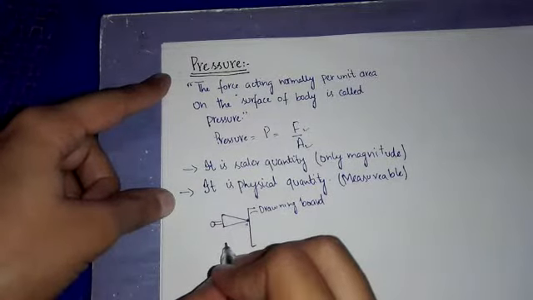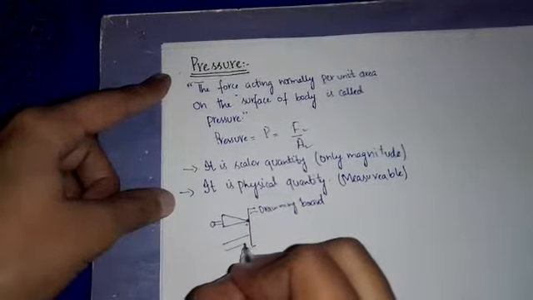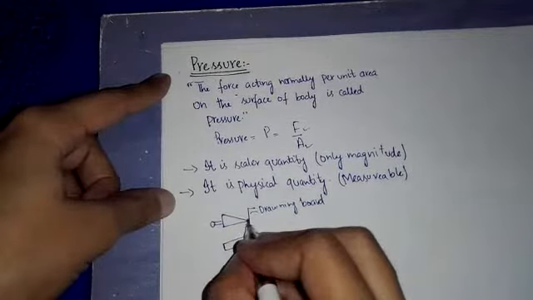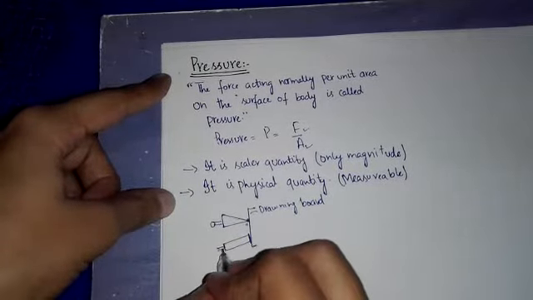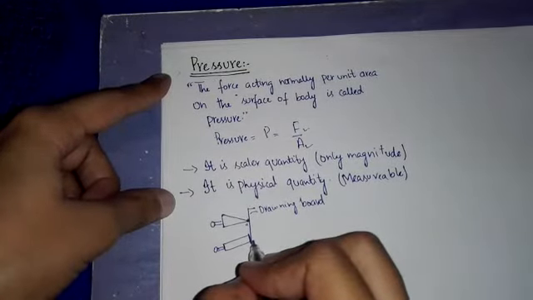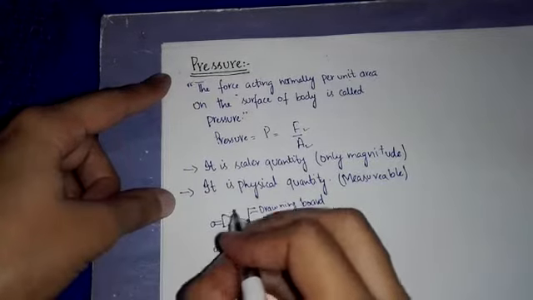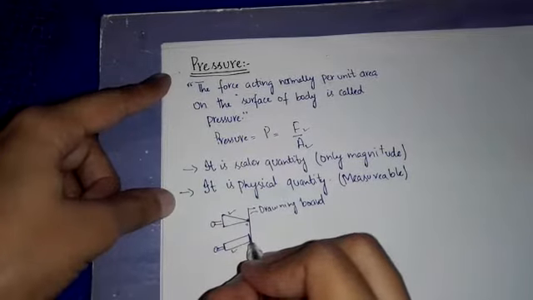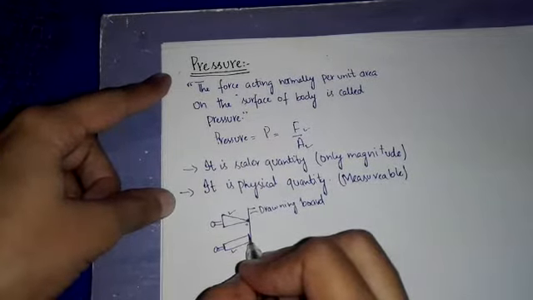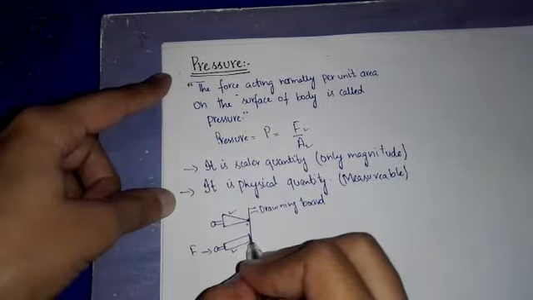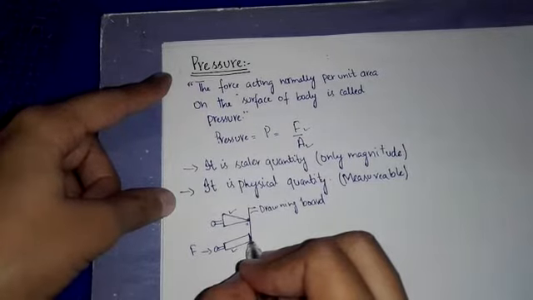Similarly, if we have a pin that has a blunt tip, which means that the area of its tip is very much large as compared to this sharp tip, tell me, is it easy for this pin to insert in the board or this pin? This pin is easily inserted into the board as compared to this pin because its area is very much large. If we apply some kind of force on this, then the effectiveness of force due to its larger area will be smaller,